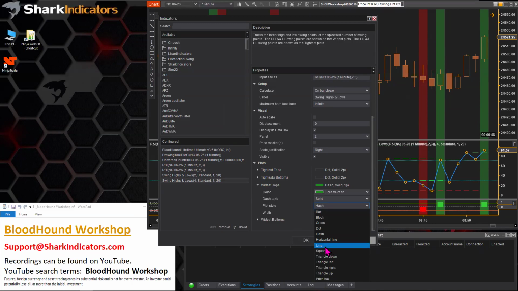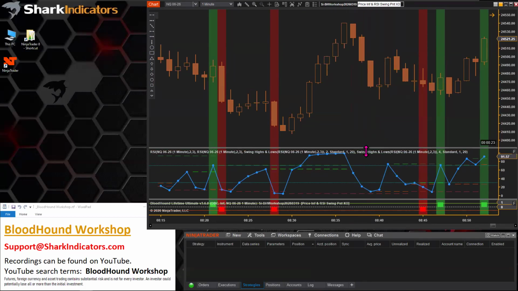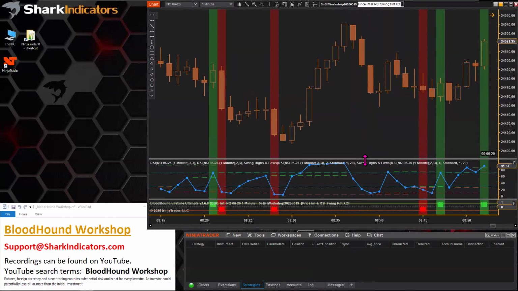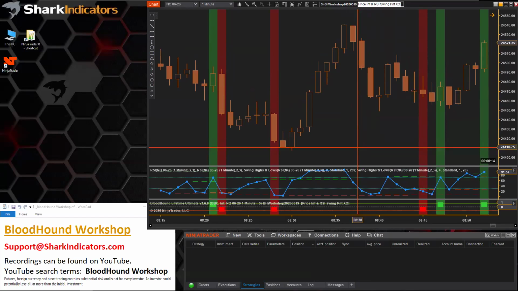I would love to see NinjaTrader implement that, and more importantly, default all of their oscillating indicators to that line dot plot style. I think that would really help a lot of traders. It would be cool to see NinjaTrader continue to add little enhancements to the platform. So, you can always hope, right?